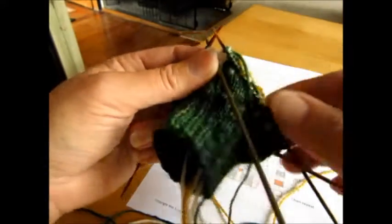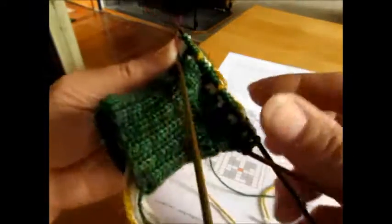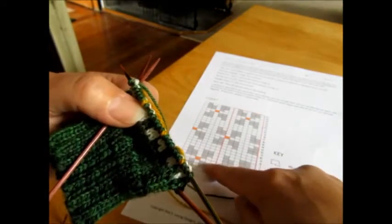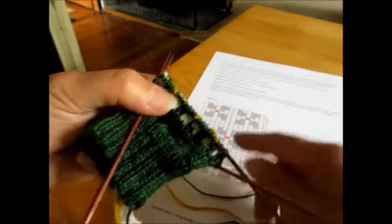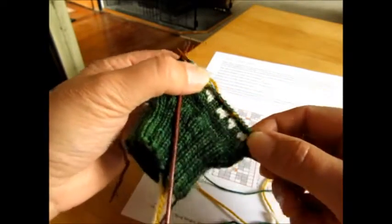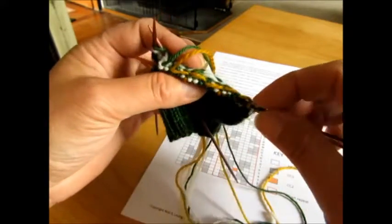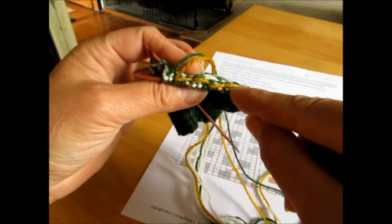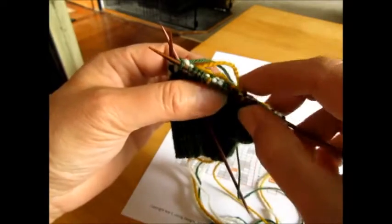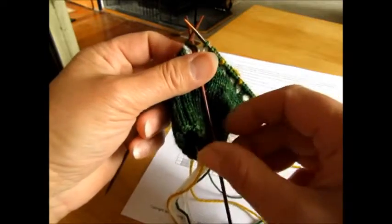So what I'm going to show you next is how to get these little pops of center color into your pieces, into your knitting, without having a float, because there's 7 stitches between the motifs, and that's quite a long float, and it may mean that you risk catching the strands in your toes as you're putting your sock on. What I've done here, as you can see on the reverse, is I've actually caught the float as I've knitted along, so it keeps it nice and tidy, and you don't have any risk of getting caught when you're putting